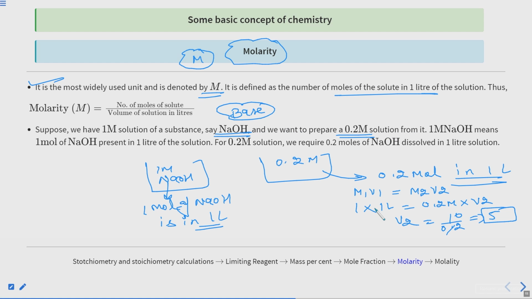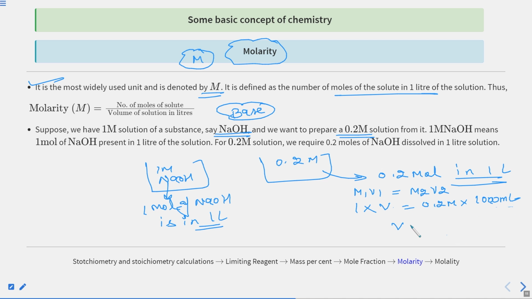Similarly, in the previous concept, you can see M1 V1 is equal to M2 V2. Because you have to find out this volume, again I am repeating this point. So M1 V1 is equal to M2 V2, and V2 is given to you, that is, you are making 1000 milliliter volume. So from here you can calculate, and the answer comes out to be 200 ml.